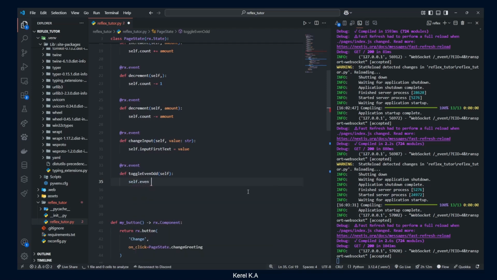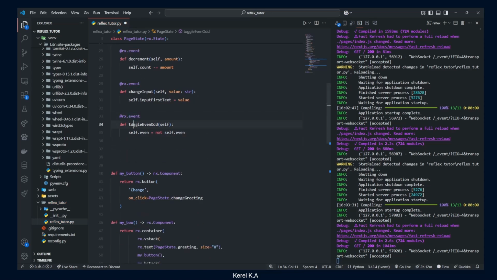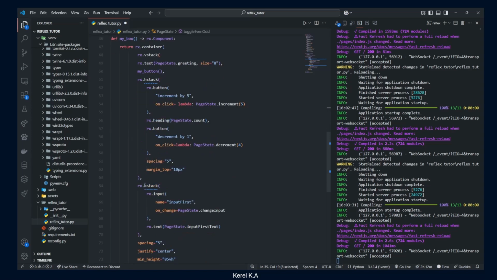So even goes to not even. So whenever toggle even is triggered, self.even will be false. Now how to